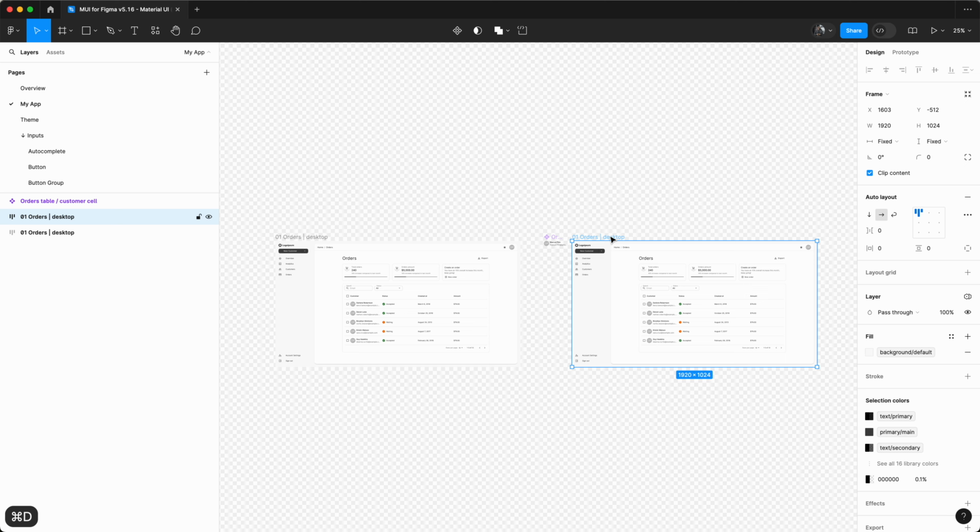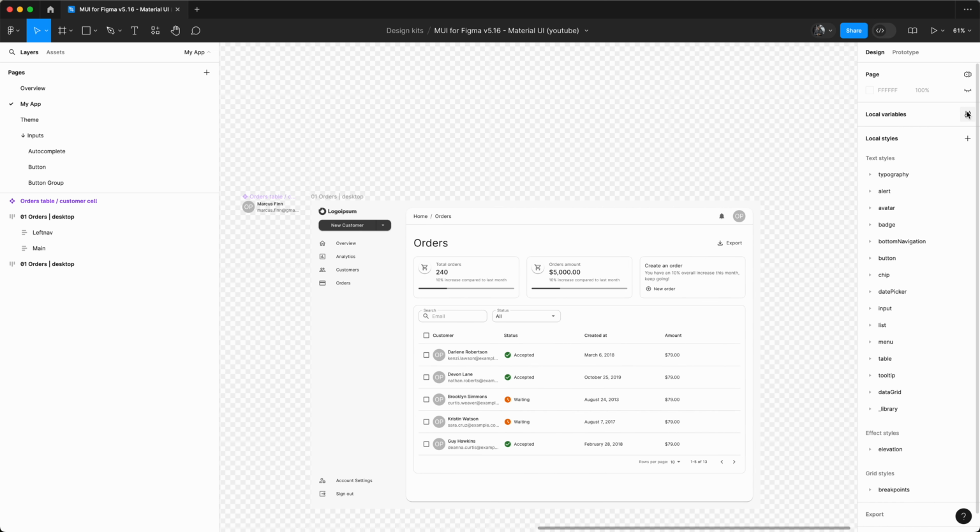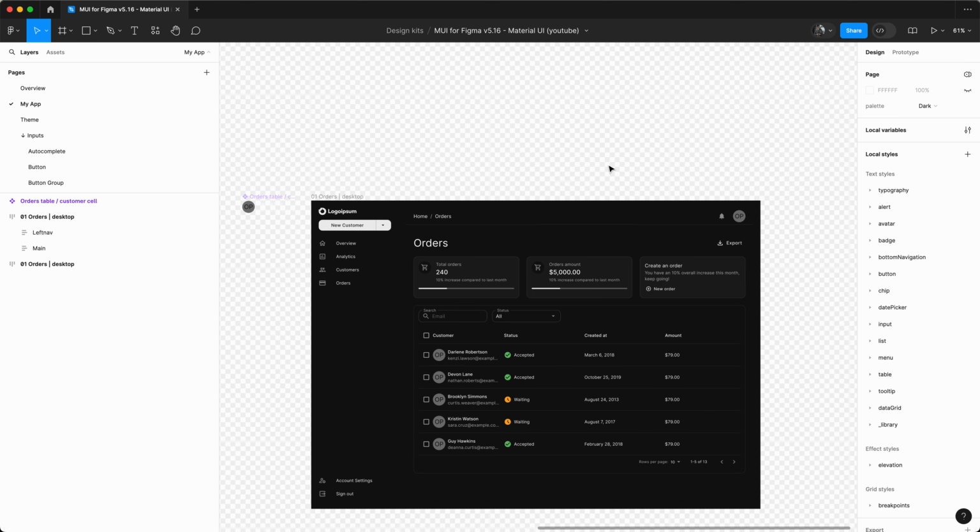Checking how it looks on smaller screens, and it looks good to me. Final check with the dark mode. Noticed the paper elevation